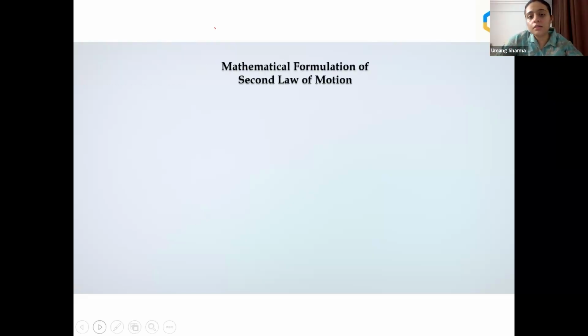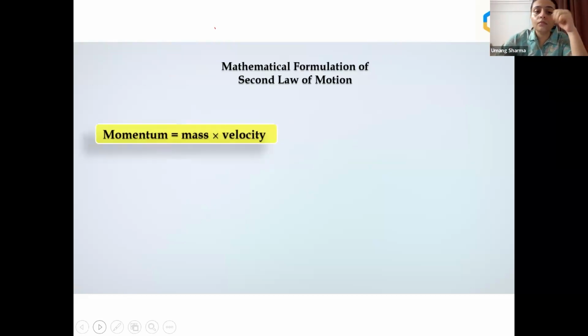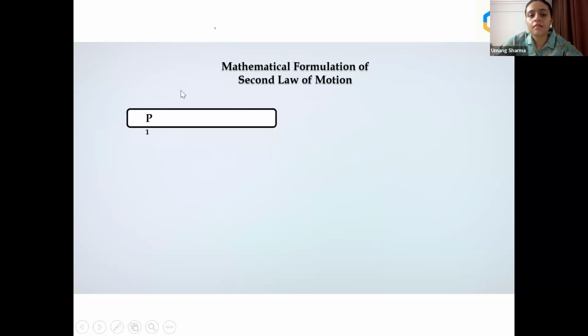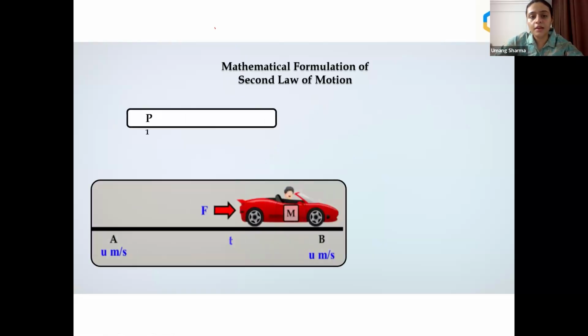Second law of motion we were doing, correct, Dhanishri? Just for a few seconds we will revise everything. What have we done in the previous section? We derived the definition. What does the second law of motion state? Anybody want to put their input? Anybody? Okay, let us revise it then.